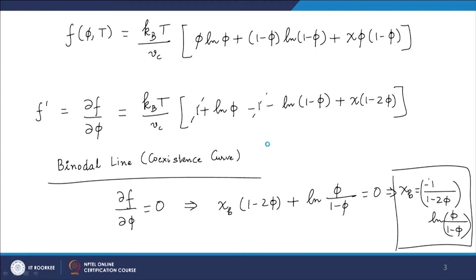You can try plugging in also in the earlier equation, and you should essentially get the same value. But the problem here is that in this particular case you get a 0 by 0 kind of a term. So you have to take a limit and use L'Hopital's rule if you are going by the binodal. But essentially both of them should give you the same result, that the solvent quality at the critical point is equal to 2. So putting all these ideas together,